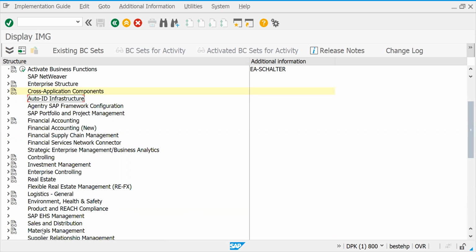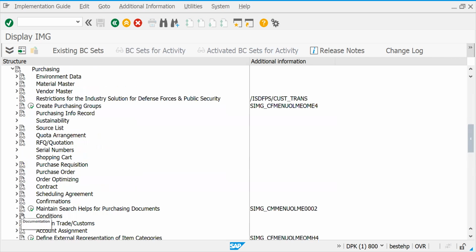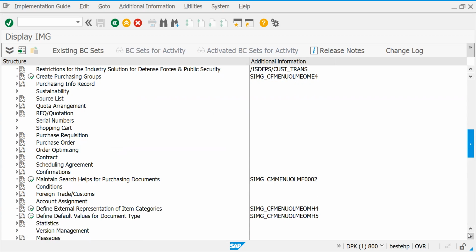Material management, purchasing, purchase group. See this. Purchase requisition, purchase organization, what is that? Purchase group. Logistic general is not there. Material management, purchasing group. Okay.